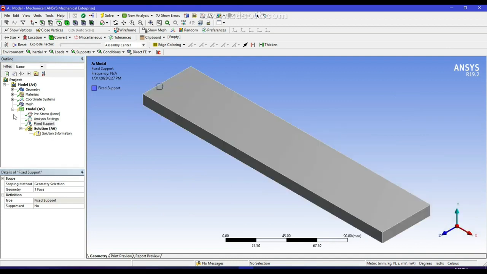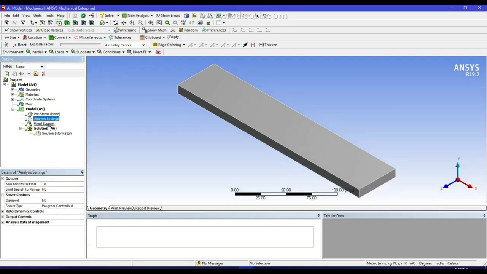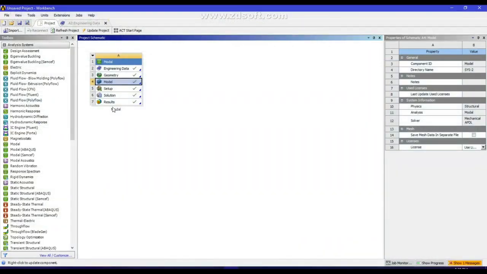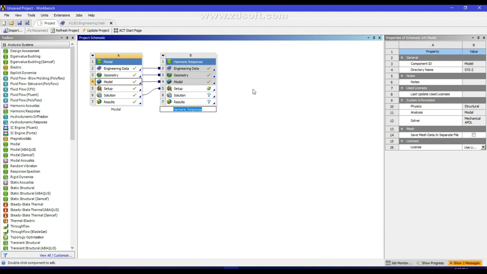Then after this, if we solve this, we will get the first 10 natural frequencies of this system. So these are the first 10 natural frequencies of the system. The minimum is 132 and the maximum is 6332. So now we can proceed to our harmonic analysis. If we link the harmonic analysis with the modal analysis, all the data will transfer to the harmonic analysis from the model. So by double clicking on the setup,